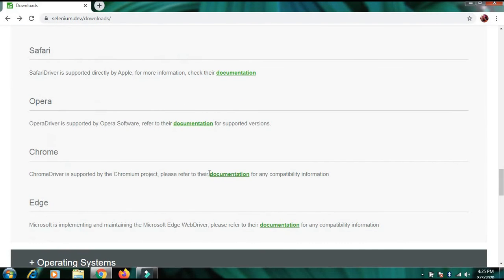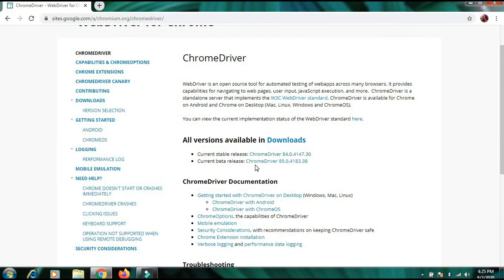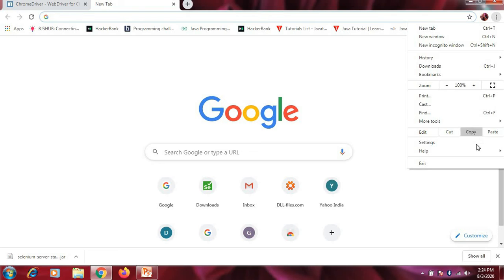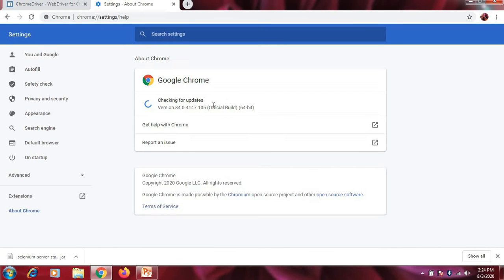So I go to the Chrome browser. Here I download the 84.0.4147.30 version because, going to Help, About Google Chrome, you can see the 84.0 version.